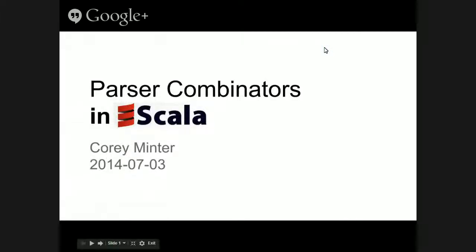Cool. All right. So I'm going to talk about parser combinators in Scala. You might want to mute here, if anyone signed into Hangouts. Better? So basically, it's a funny name, but it's just a different way to create parsers, a different style than some of the older traditional parsing styles. But it's actually pretty straightforward, and people like to use them. You'll see why.